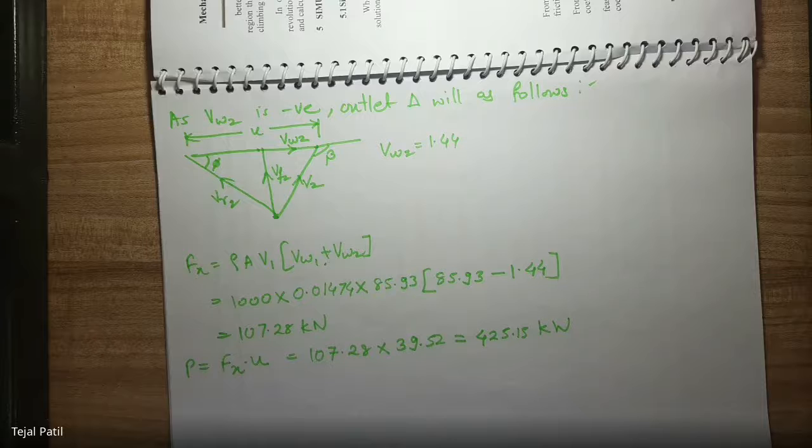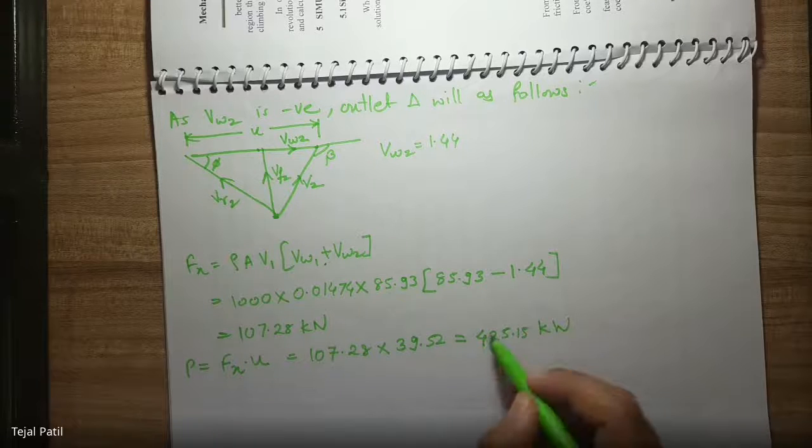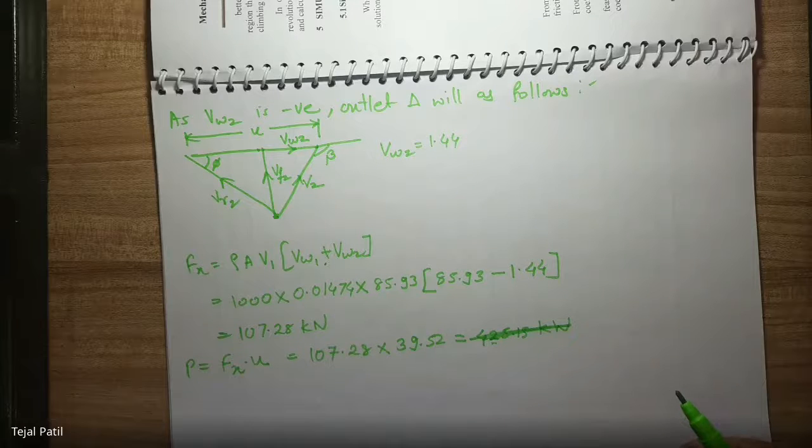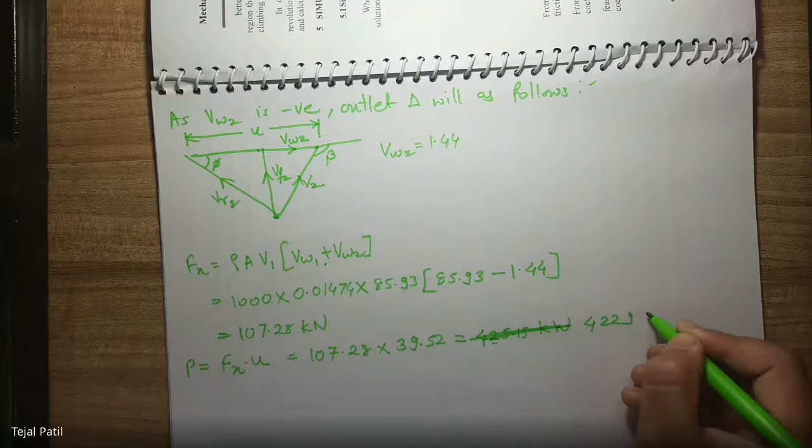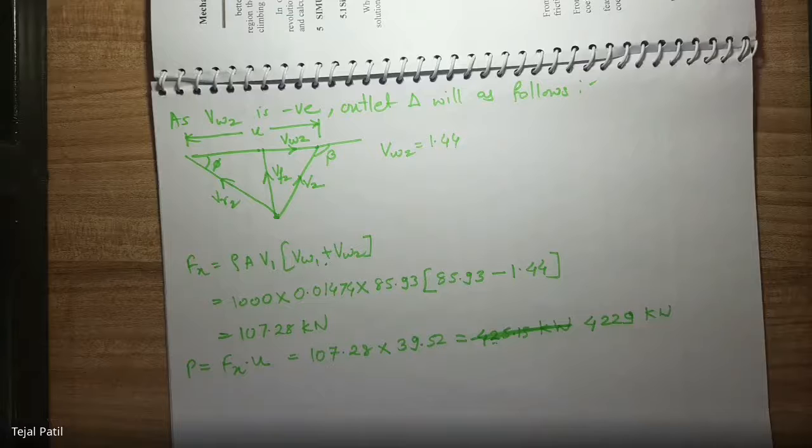But Shrikant Rajput, yours is wrong. Something is the issue with your answer. It will be in thousands: 4229 kilowatt. Approximately this one, plus minus 5-10% is fine. It will not be in hundreds, it will be in thousands. So check where you made the mistake.